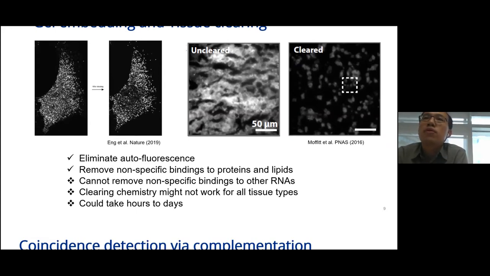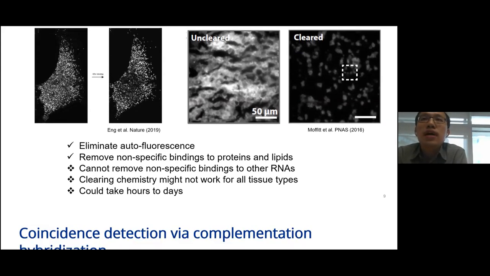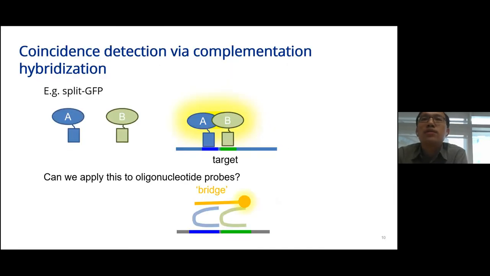And one thing that we thought of is to use coincidence detection via complementation hybridization. A very simple example is a split GFP. In the cell, you can have the GFP fragments at very high concentration, but they don't contribute to background because they only fluoresce if the two fragments are on target, so that now you get very good signal to noise ratio, right? So we're wondering if this same concept can be applied to oligo probes,